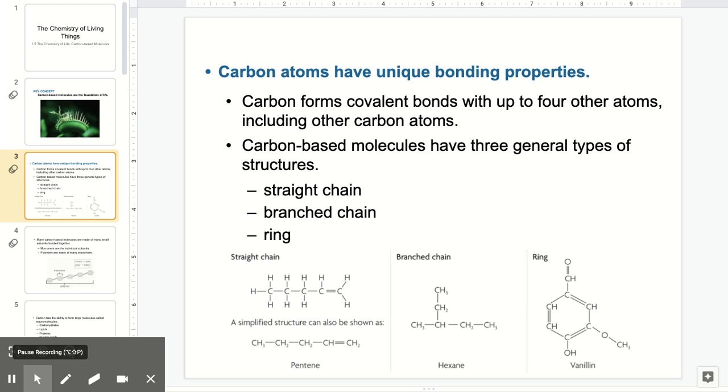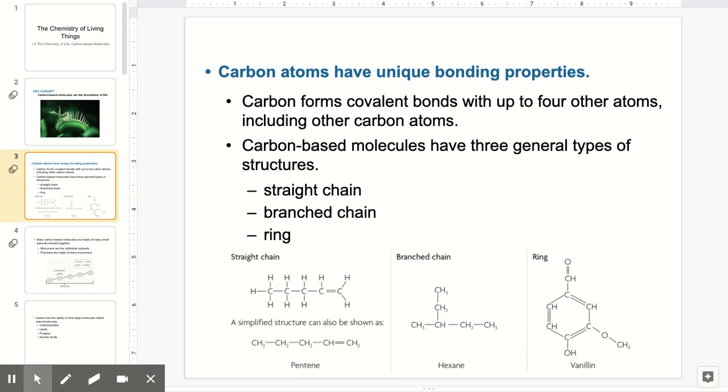When we say bonding, we're talking about in this case covalent bonds. So carbon forms covalent bonds, and it can form bonds with up to four other atoms, which is pretty remarkable